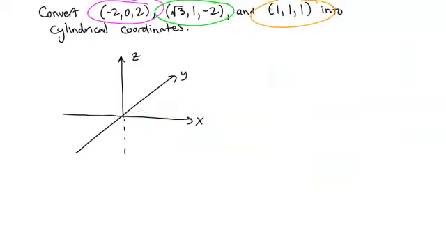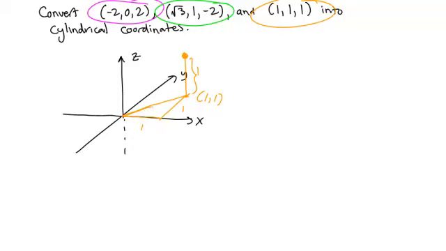Finally, let's take a look at 1, 1, 1. So this would be a point 1 unit over, 1 unit north, and 1 unit above the xy plane. So its projection in the xy plane would be the point 1, 1, and then it would be 1 unit higher than that. So based on this picture,